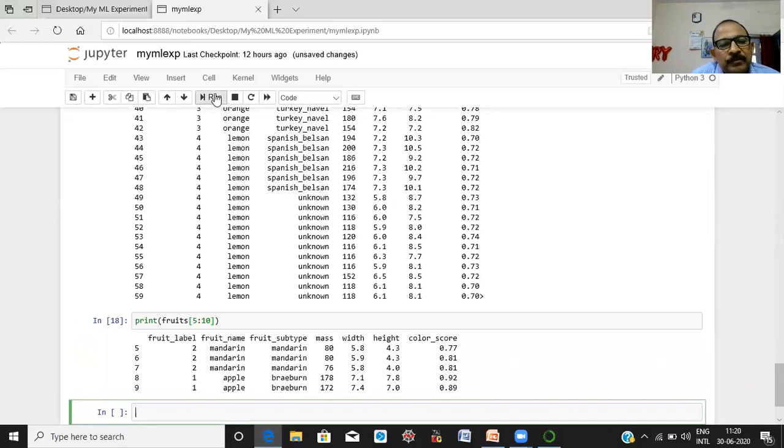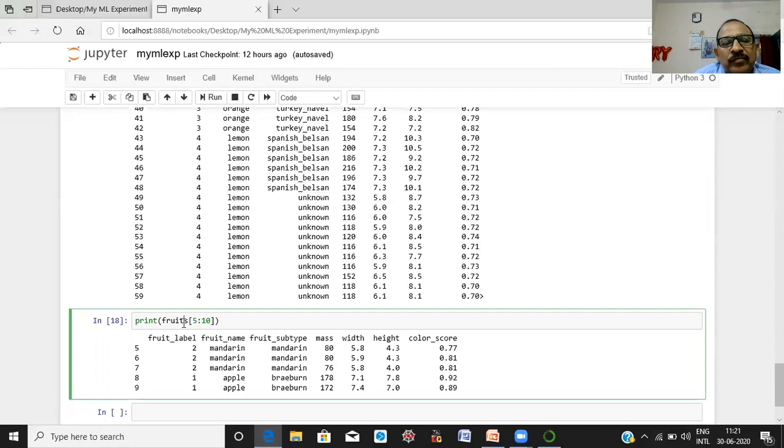Here you can see it starts from displaying the 5th record of your data set: 5th, 6th, 7, 8 and 9. So 10 minus 5 is equal to 5. Here you can see 1, 2, 3, 4, 5 records are displayed, from 5 to 9.